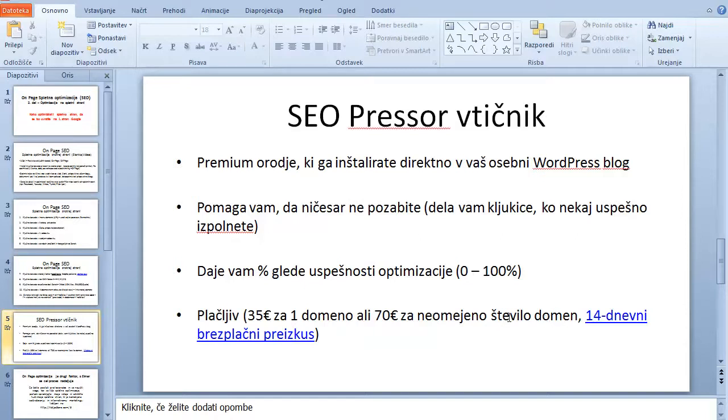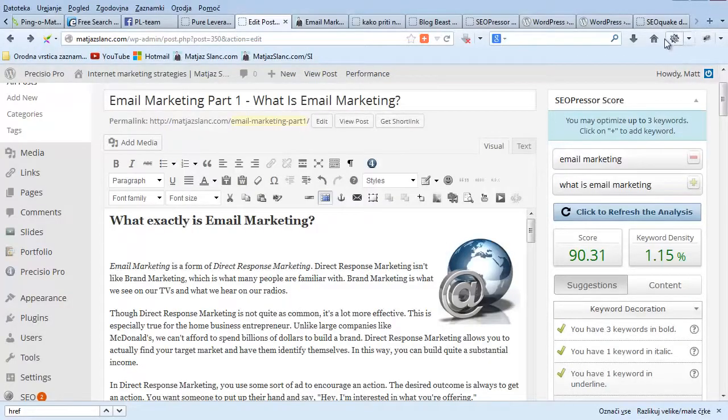Zdaj, če imate vi samo eno domeno, lahko kupite samo za eno domeno. Je pa enkratni znesek. Lahko pa izprobate 14-dnevni brezplačni preizkus, ga probate in se potem odločite, ali ga boste kupili ali ne. Oziroma vam potem zaračunajo. In je tako, da ga inštalirate direktno v vaš WordPress blog, ker je kot vtičnik. Isto kot imamo recimo razne vtičnike, kot je ta SEO Quake, kar sem vam zadnjič govoril, vtičnik na brskalniku, ga namestimo notri